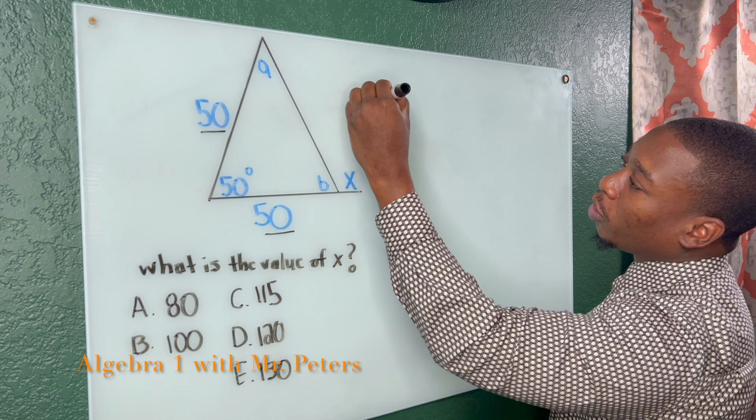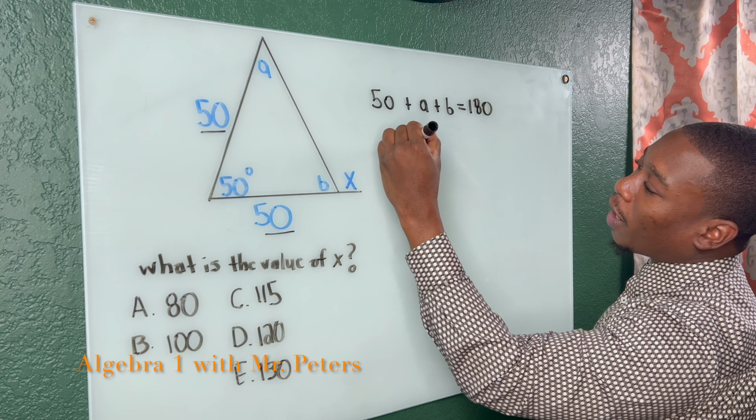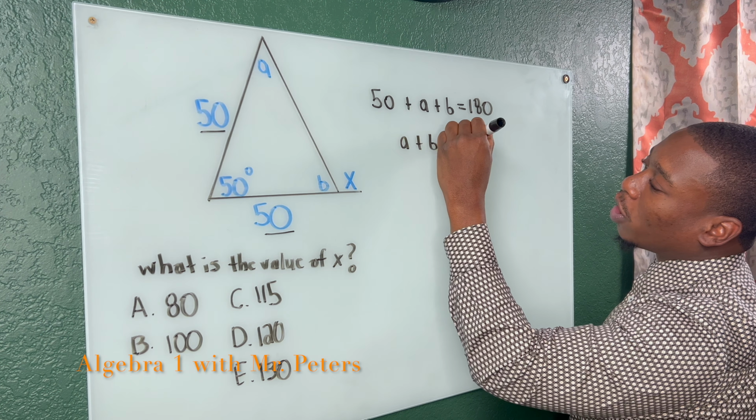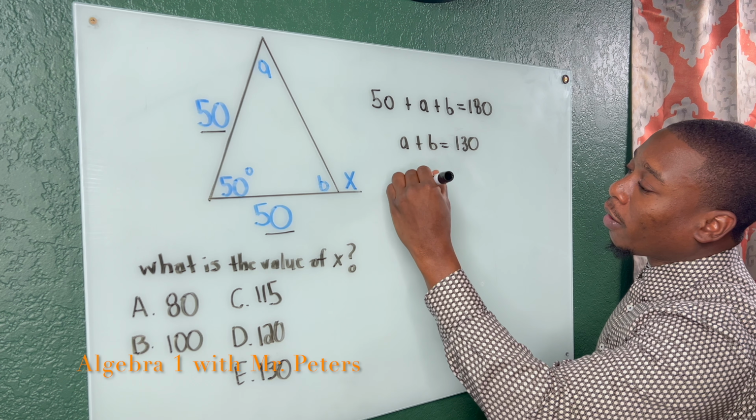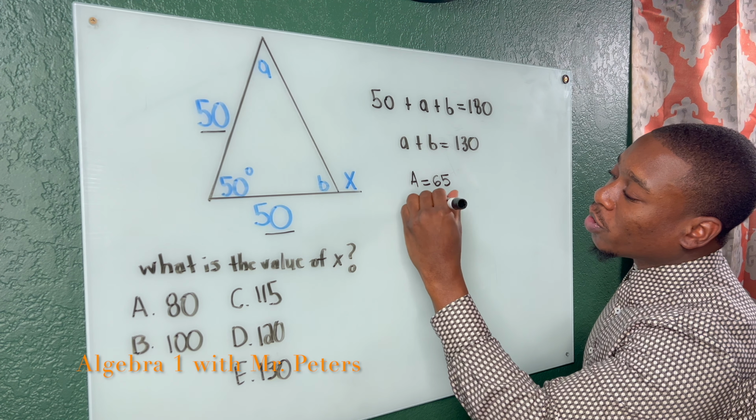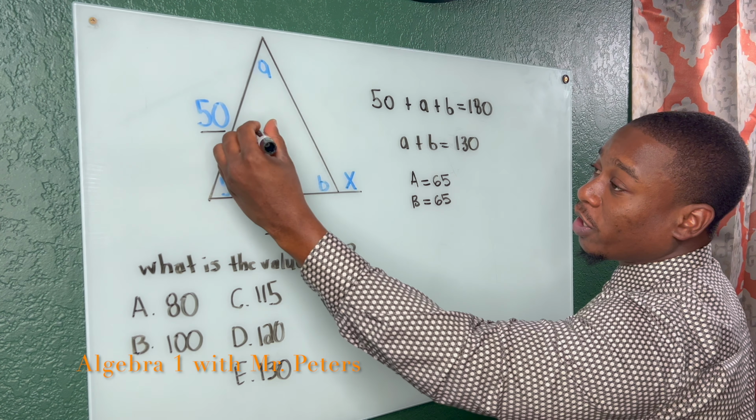So to solve, we're going to do 50 plus A plus B is equal to 180. Once I simplify, I'm going to get A plus B is equal to 130. We know that A and B are going to be the same exact degree measure. So once I divide by 2, I'm going to get A is equal to 65 and B is also equal to 65. And when we add these back up with 50, we're going to get our answer of 180 degrees